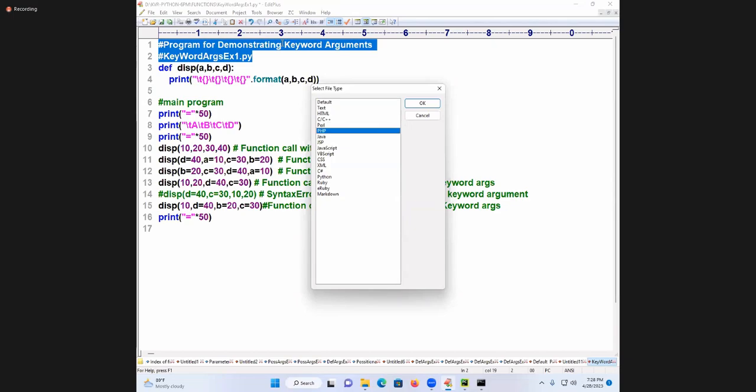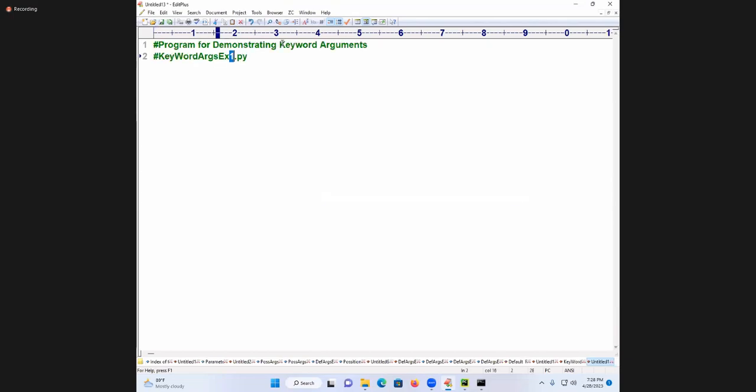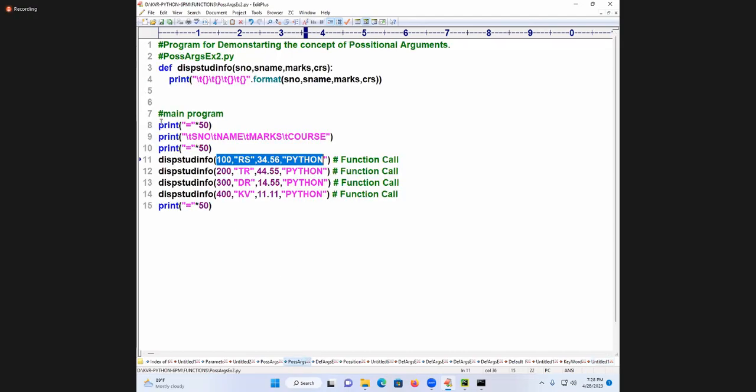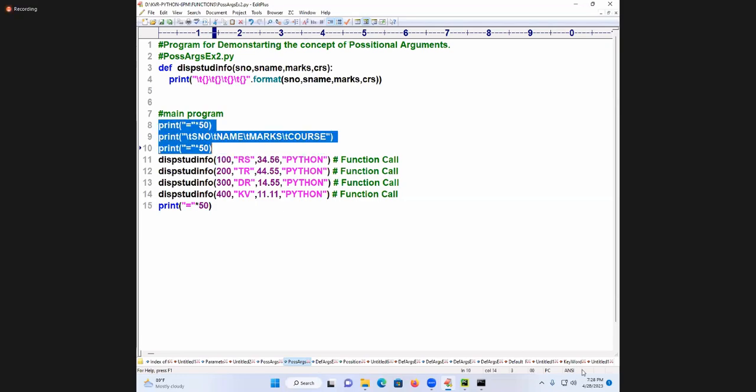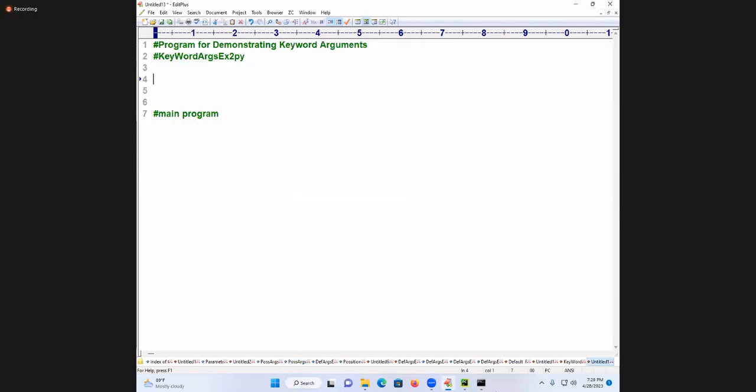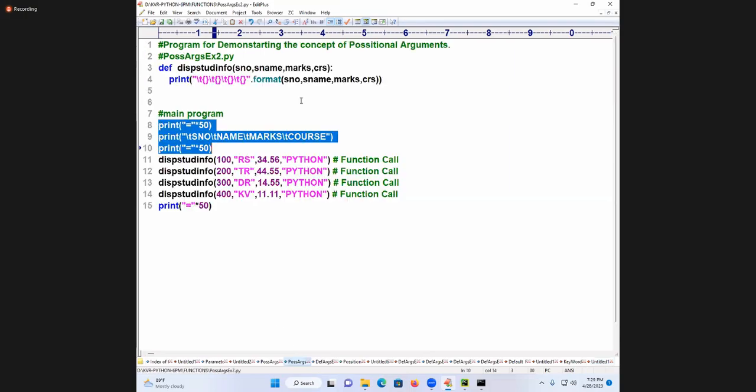Follow. Here I am writing arguments2.py. Now I am writing the main program. There I am talking about this type of thing. Instead of that, I'll take this point. This data I will carry.